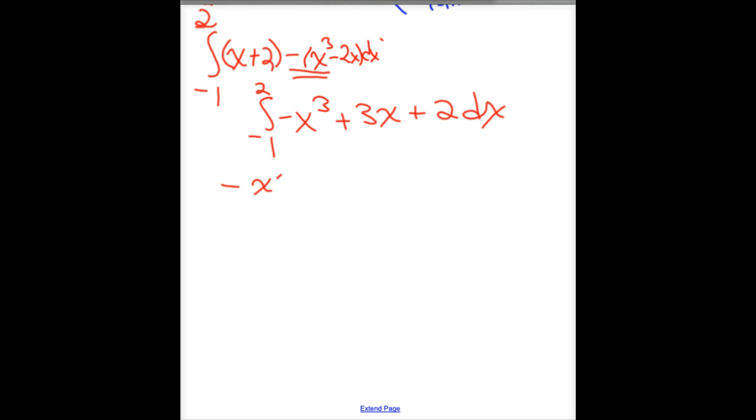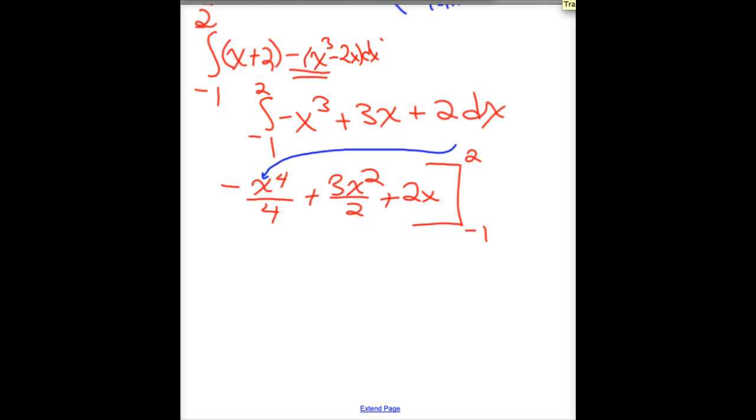It'd be negative x to the 4th over 4 plus 3x squared over 2 plus 2x, evaluated from negative 1 up to 2. Fundamental theorem of calculus. Top goes in first, so let's dump that in. By the way, it's not negative x to the 4th, it's negative of x to the 4th, and there's a difference. So that's going to be negative 16 over 4, so negative 4, plus 3 times 2 squared, or 12 over 2, which will be 6,